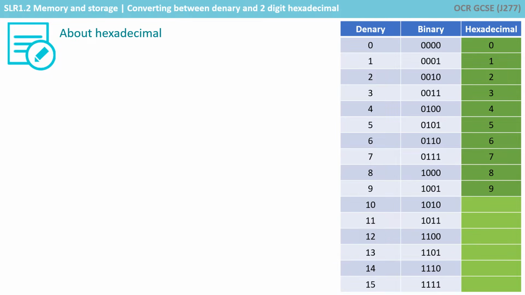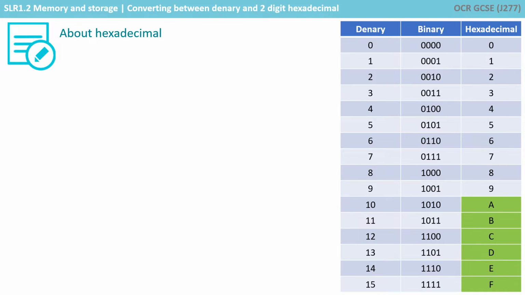Now hexadecimal gives us a unique problem. Because we have no symbol for the numbers 10, 11, 12, 13, 14 and 15, because of course in denary they're represented by combining our symbols 0 to 9, we therefore have to create a symbol to represent these additional numbers. Now just for convenience, we use the letters of the alphabet. So A is 10, B is 11, C is 12, D is 13, E is 14 and F is 15. And remember that 16 would be 1, 0.